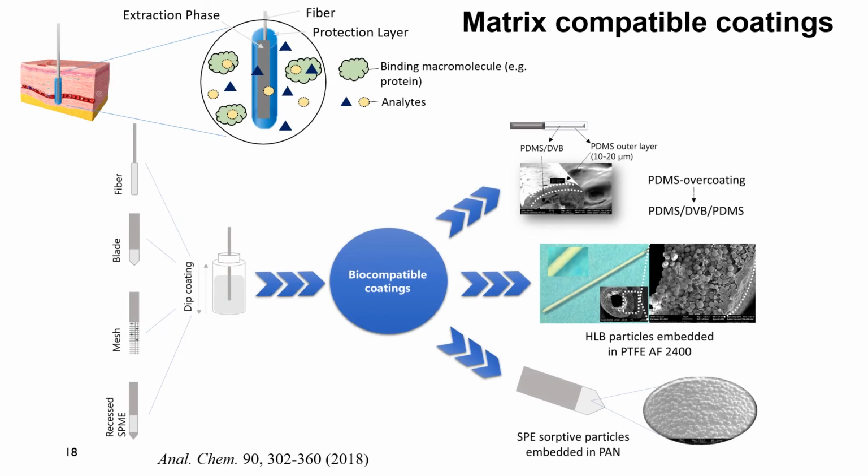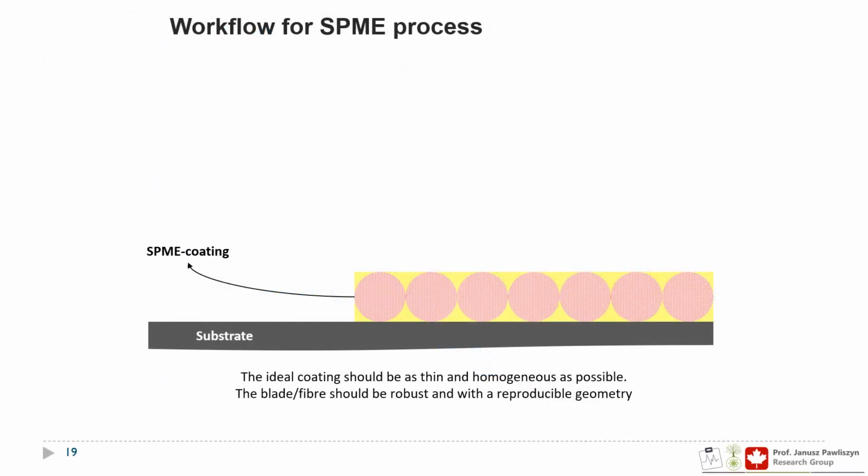Doing direct extraction from the tissue, of course, has a benefit because we are not relying on the Henry constant; we can extract all the analytes for which the extraction phase has some affinity. What we need to do is to employ a protection layer. So it means we overcoat the extraction phase with an additional coating or protection layer. And this could be PDMS or PEN. What we are doing here, we actually paint the substrate, which could be a fiber or blade or whatever, with the composition of the